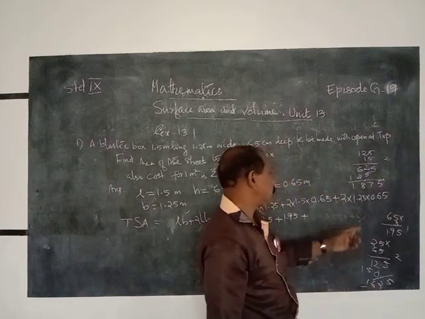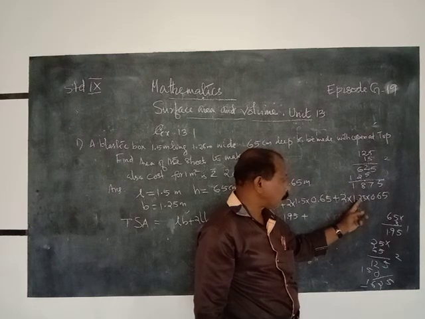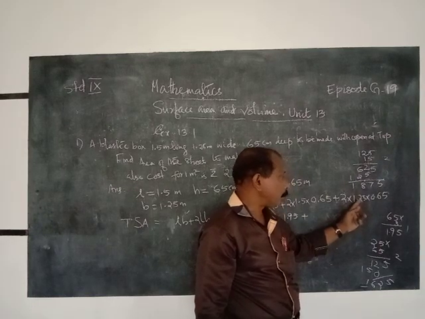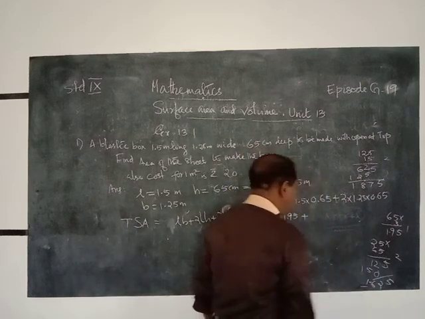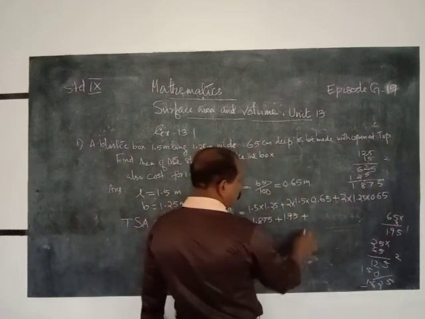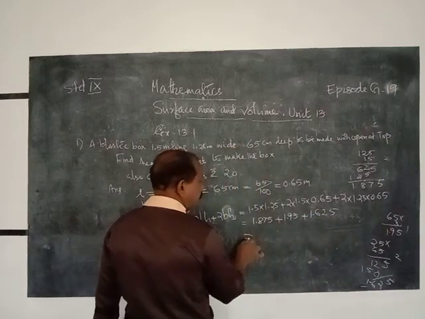How many decimals? 2 decimals, that is 1.625. Then adding these,